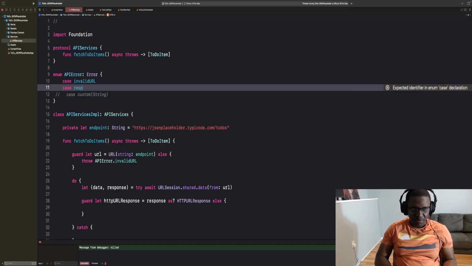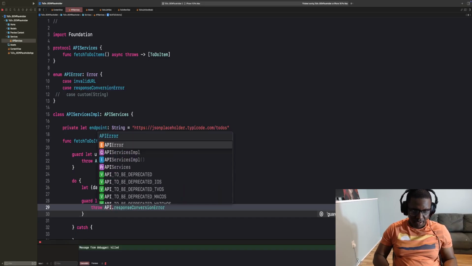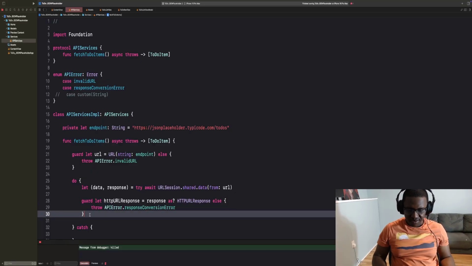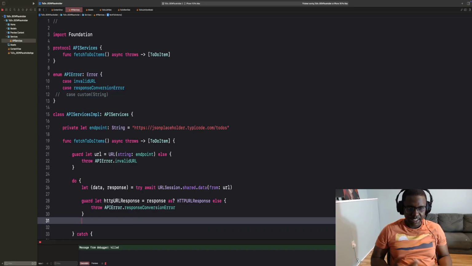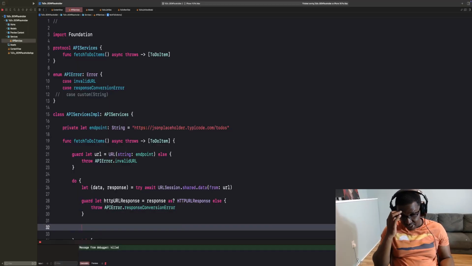Just call this response conversion error. Not the best one. But then we could just throw this. All right, so if we're unable to convert that to a HTTP URL response, we'll flag it and then throw this error. Now the next thing we want to check is